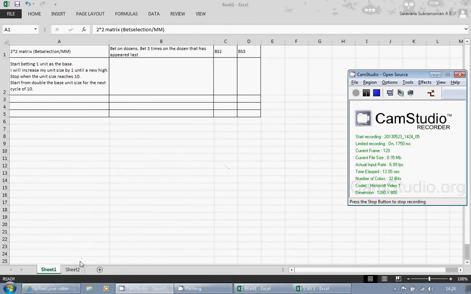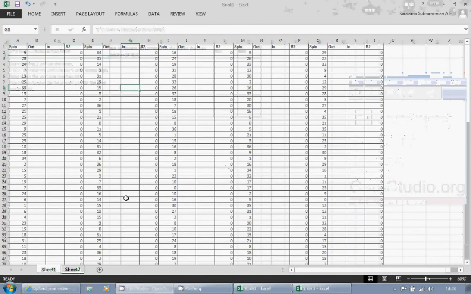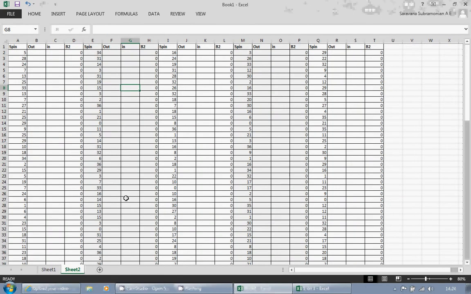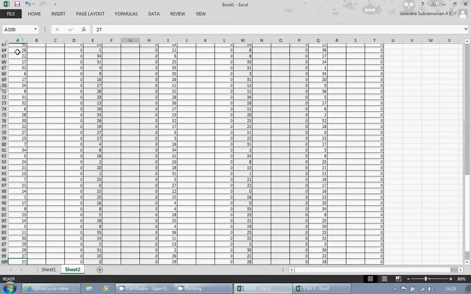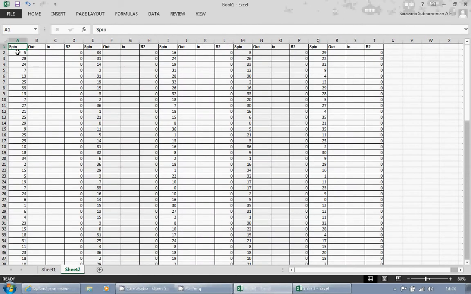So what I've done, I've downloaded yesterday's Wiesbaden spins, and I've basically picked up the first 100 spins from 5 tables. So this is my session 1, which consists of 100 spins, or rather 99 spins to be exact. And this is my second session, this is my third session, this is my fourth, fifth, and so on. What we are going to do is test our principle in these 5 sessions to see